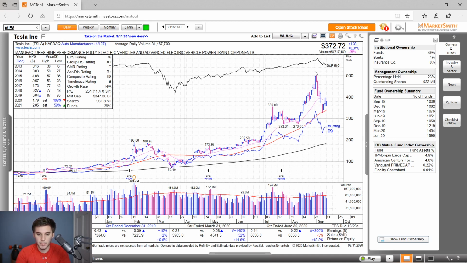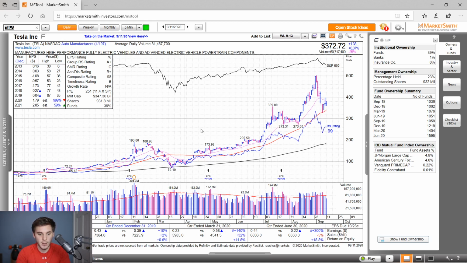And as for the chart, you can see it's pulled back to the 50 SMA very sharply, and usually you want to see a slow drift down on lower volume, and this is a bit sharp, but so far it's rebounded nicely and is really just sitting below the 21 EMA, and so far that is resistance. And the RS line, you can see, had a sharp drop along with the price,